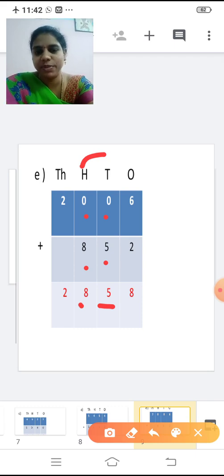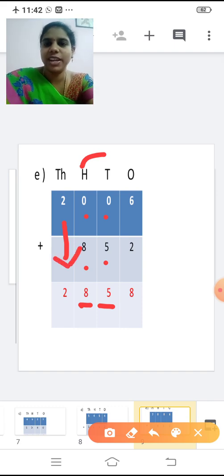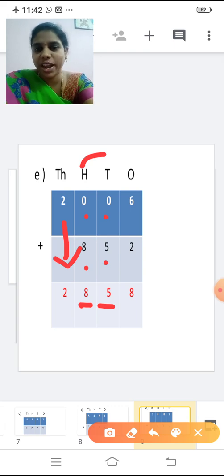So write 8 down. So there is no number to add here. So write directly. Take the number below and write down that number 2. 2 plus 0 is 2. So we don't have any number to add. So write down that number directly below that. Okay, below thousands place, 2. So the answer is